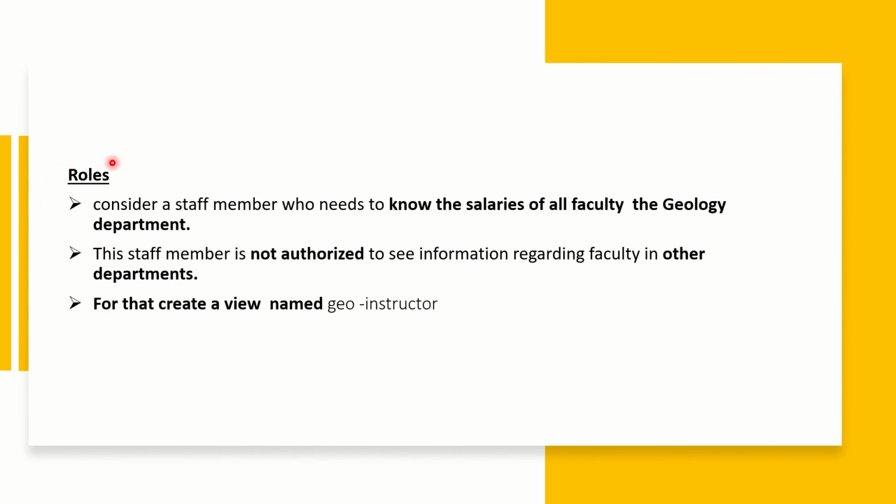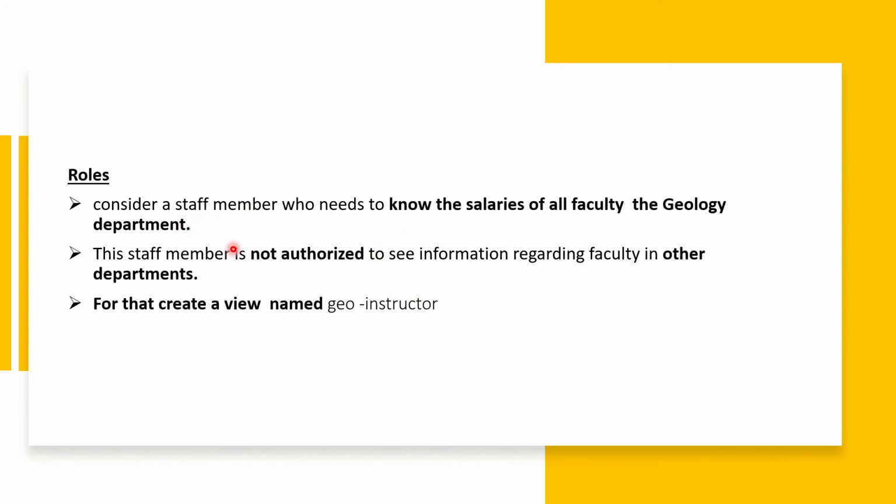The next topic we have to study is the meaning of a role. Whenever we consider an example like a university, there are different types of people, and we can categorize the people into different groups like instructors, students, dean, heads, etc. Suppose a particular person, for example a clerk, has been given the right only to view the details of the geology department.